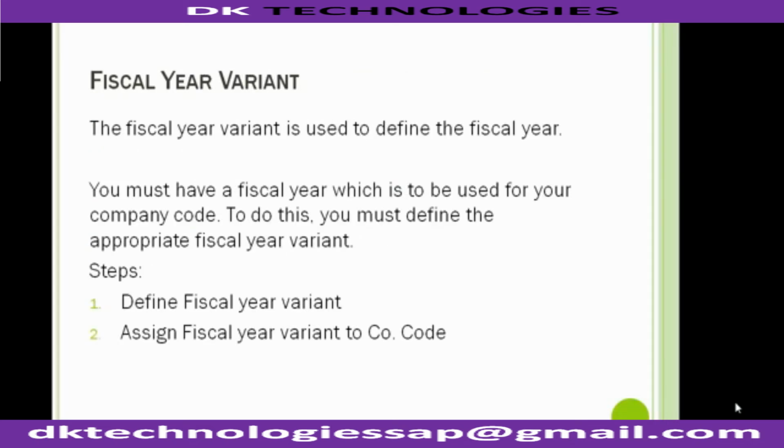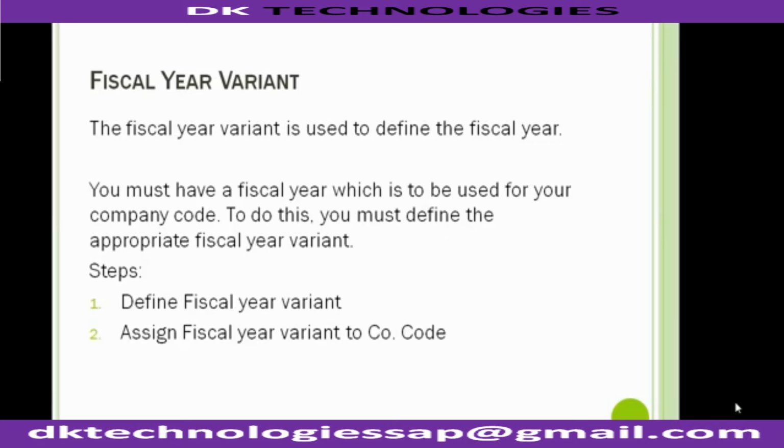Defining the fiscal year variant. The fiscal year variant is used to define the fiscal year. You must have a fiscal year which is to be used for your company code. To do this, you must define the appropriate fiscal year. Now you can see the steps for those are basically, first to define the fiscal year variant, and then we assign that fiscal year variant to the company code so as to have a linkage with them. Now to elaborate further,